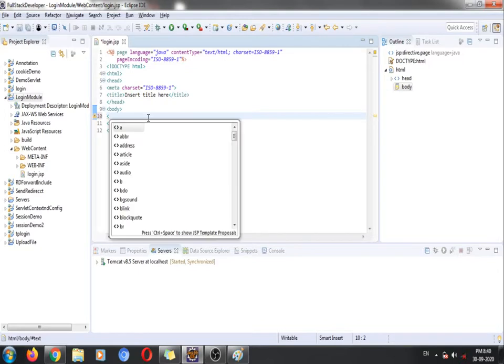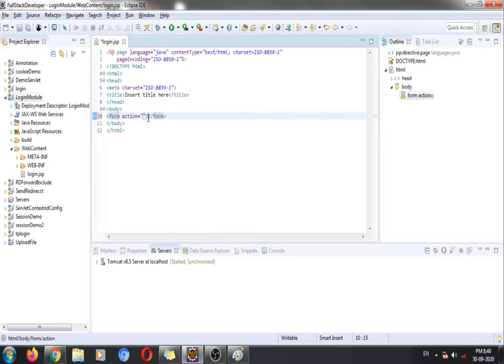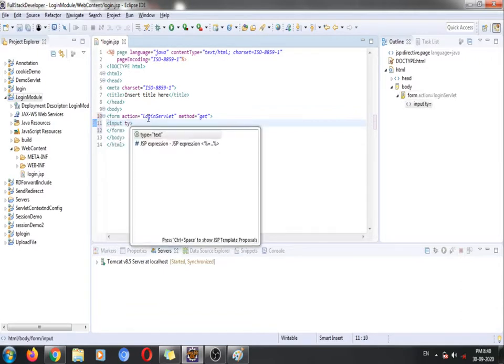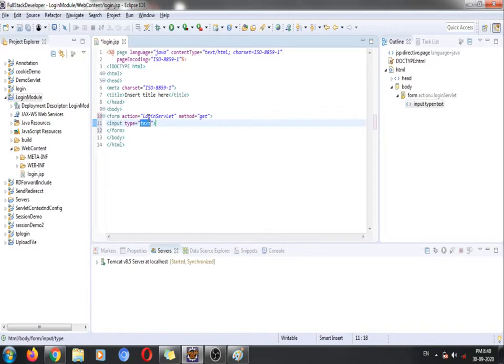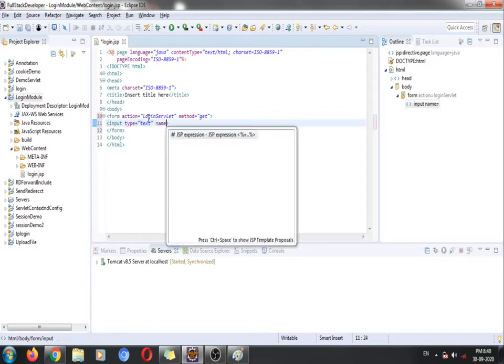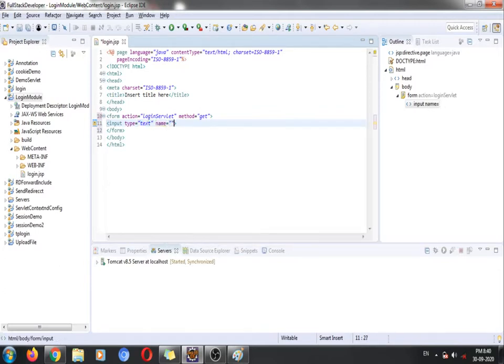Simply here what we need to do is create one form which is going to check for the login servlet. And the method is either a get method or a post method, whatever, it depends on you. Now here we need to take the input from the user. So now an input field, and here the input type is equal to text, and the name of the field is nothing but username.